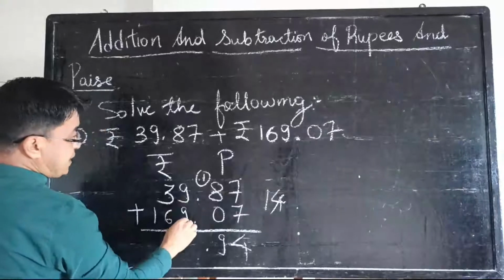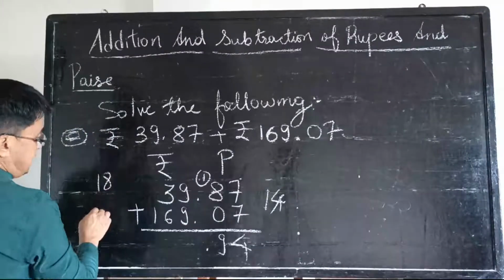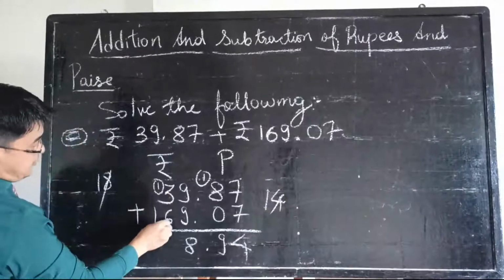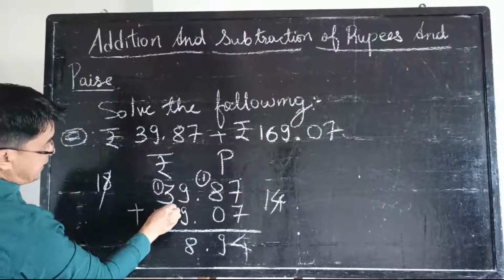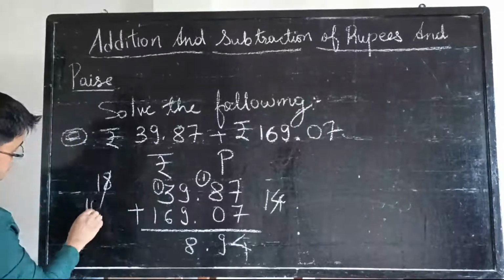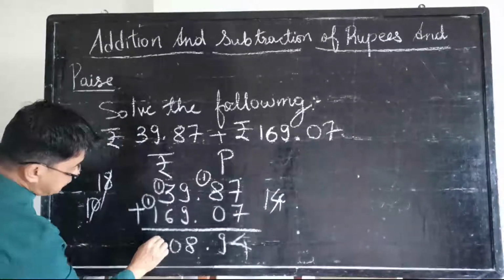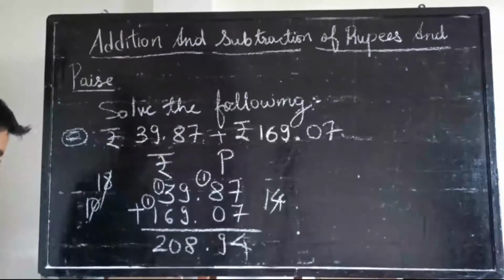9 plus 9, 2 nines are 18. You write here 8. Carry this 1. 6 plus 3, 9. 9 plus 1, 10. You write here 0. Carry 1. 1 plus 1, 2. So the answer is